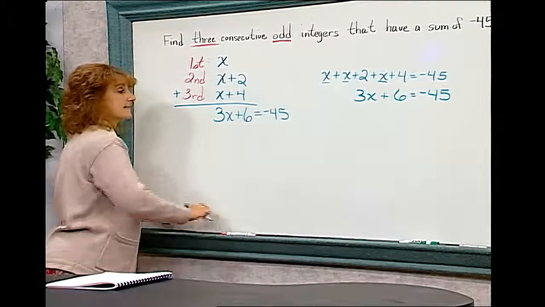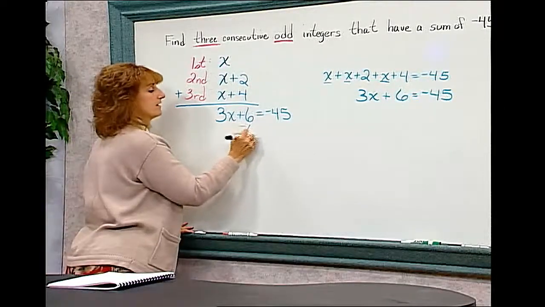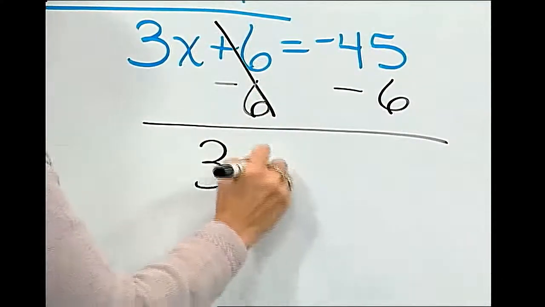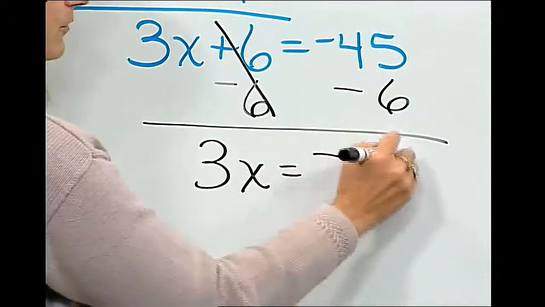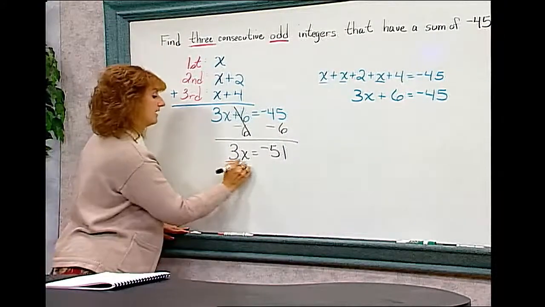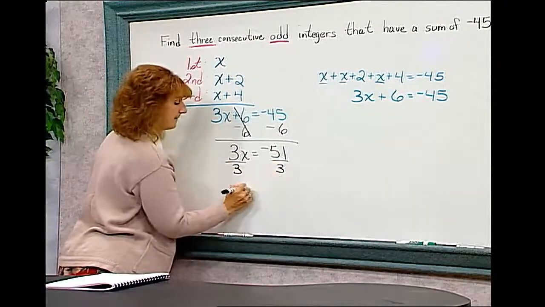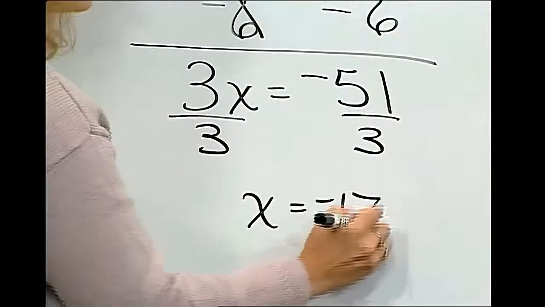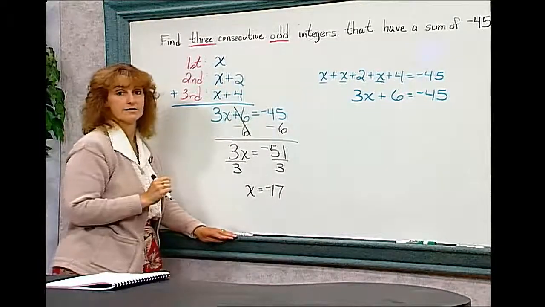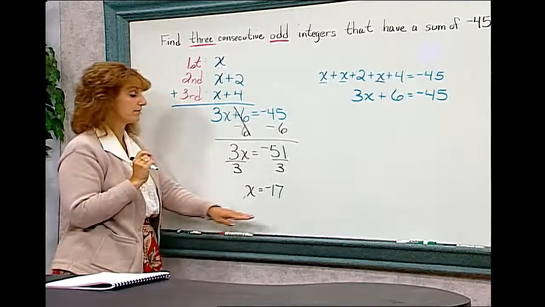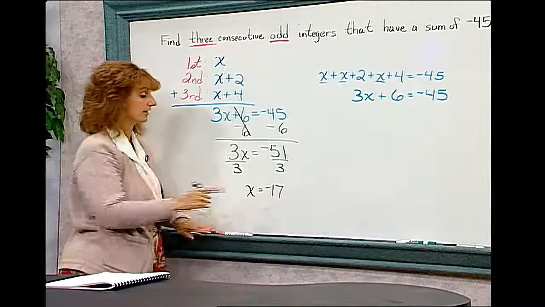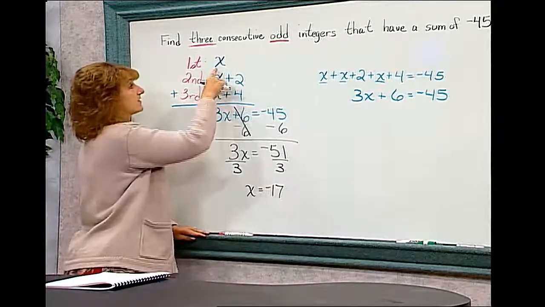Let's solve this equation. Subtracting 6 from both sides, I get 3x equals negative 51. Remember, two negatives, we add and keep the negative sign. Dividing by 3, x equals negative 17. That's an odd number. We're looking for odd numbers. That's good. Remember, if you're looking for odd and your answer was even, there'd be no solution. Since x is negative 17,